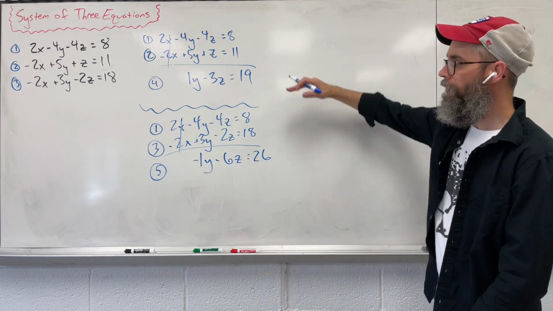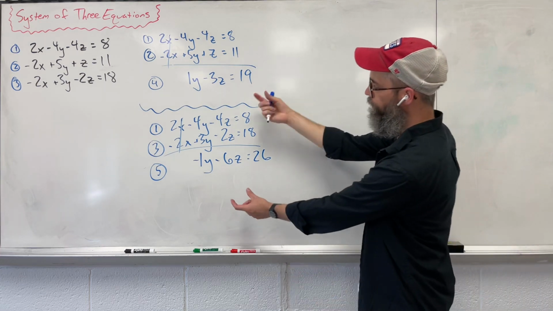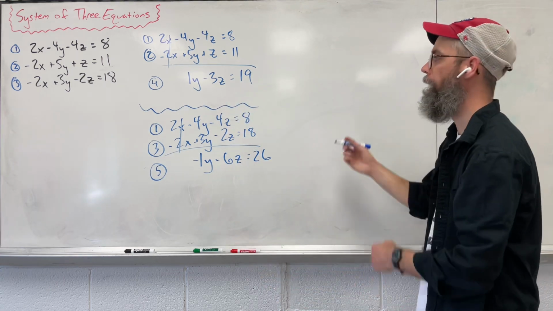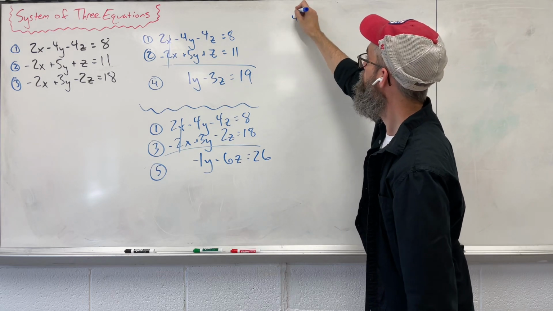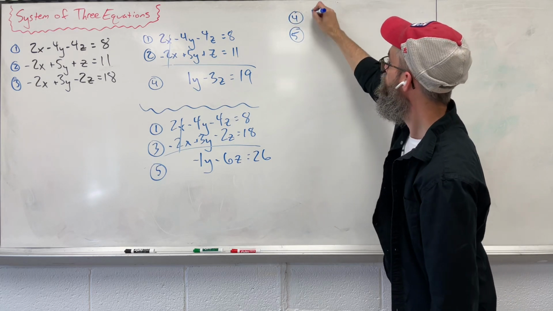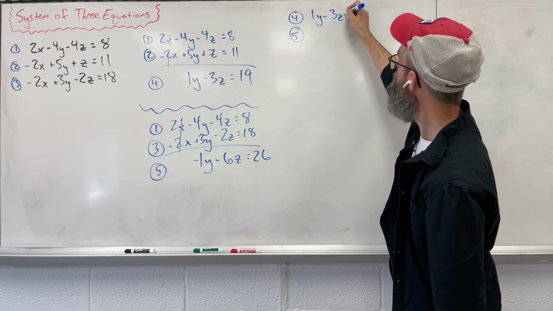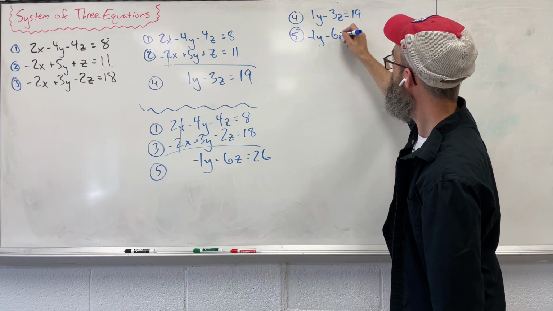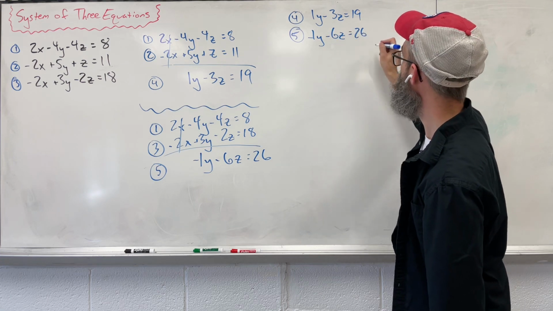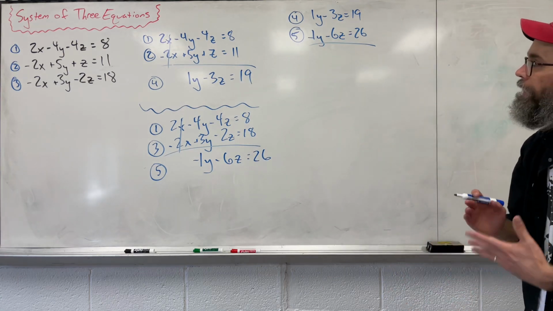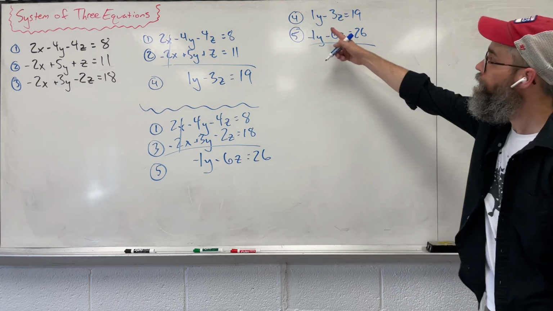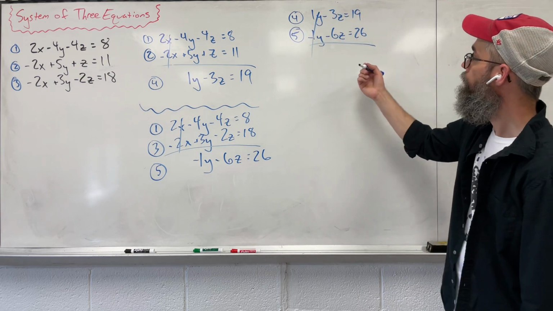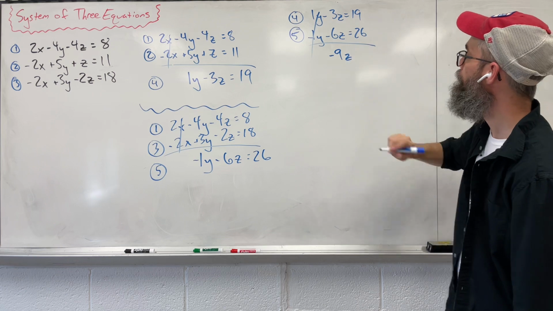Now, I want to then take equations 4 and 5. They're the ones that both have two variables in there. And we're going to do the same process all over again. So we're going to say 4 and 5. 1y minus 3z, 19, -1y minus 6z, and 26. And we're going to try and eliminate here again. Lucky for us, we have a +1 and a -1y. Those disappear. We get -9z